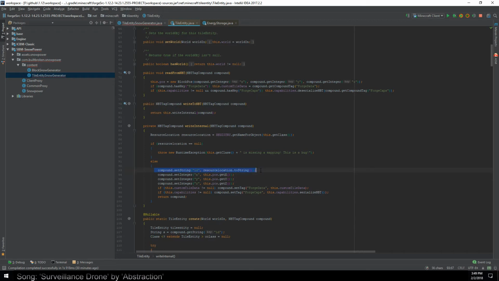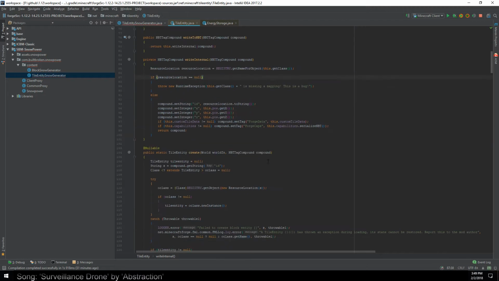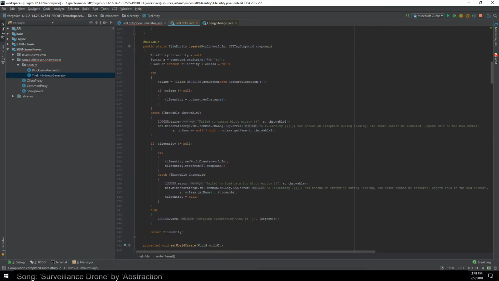This is the information required in order to actually load your tile up. So it'll look for this, it'll map this from the class paths. And there's actually a system here, you can look through this code here. It's not as easy to understand, but what it does is it goes to the registry, it gets the object, it passes in a class path, which is the string. The string was loaded with the compound ID. And if you had overridden the ID, it's going to put an integer in here, it's just going to crash